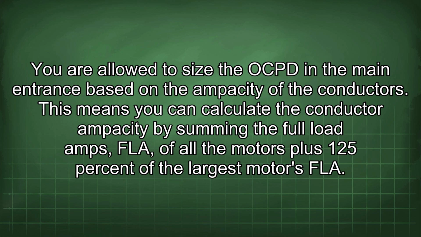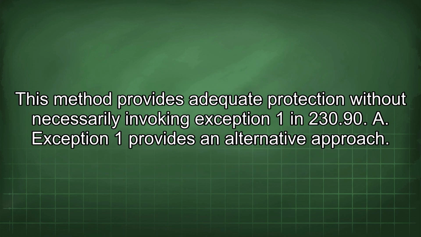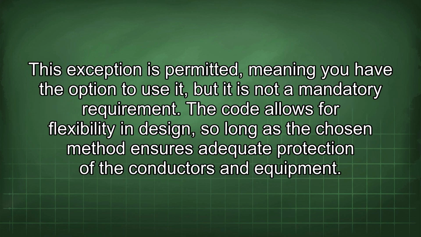This means you can calculate the conductor ampacity by summing the full load amps (FLA) of all the motors plus 125% of the largest motor's FLA. This method provides adequate protection without necessarily invoking exception 1 in 230.90. Exception 1 provides an alternative approach. This exception is permitted, meaning you have the option to use it, but it is not a mandatory requirement. The code allows for flexibility in design, so long as the chosen method ensures adequate protection of the conductors and